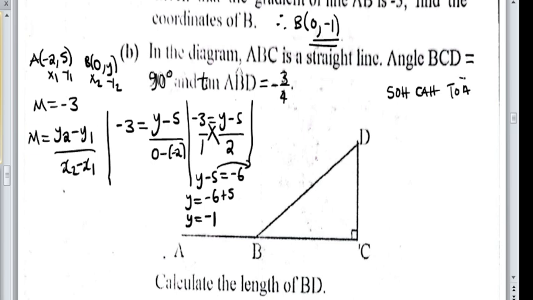And here we are interested in this because we are looking at tan. In SOHCAHTOA, tan theta is equal to opposite over adjacent. So now, here they are telling us that tan ABD is equal to the opposite over adjacent. It should give us negative 3 over 4. So meaning,